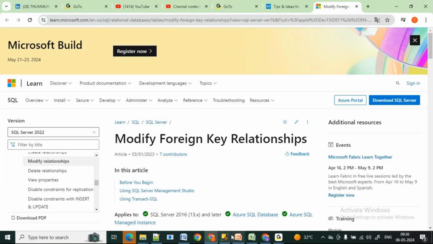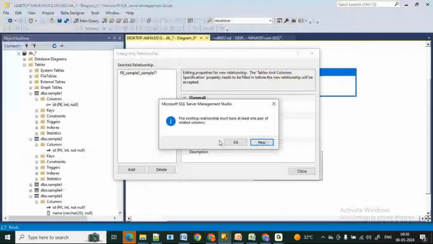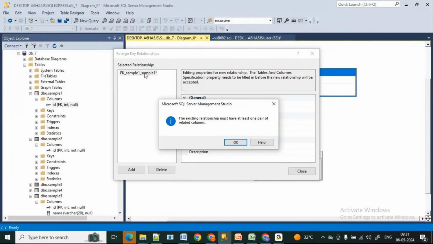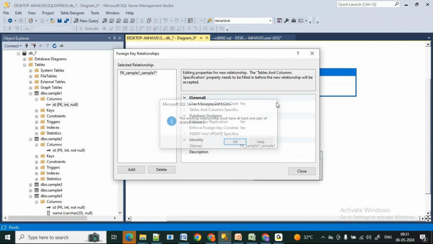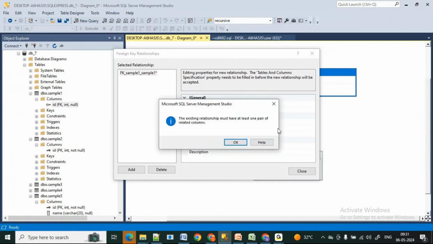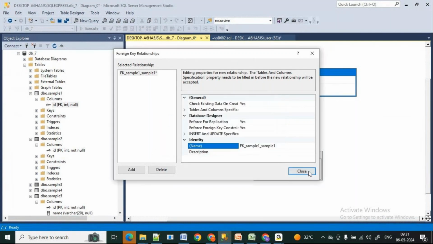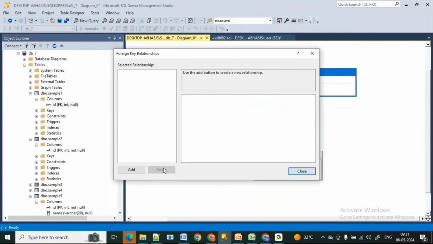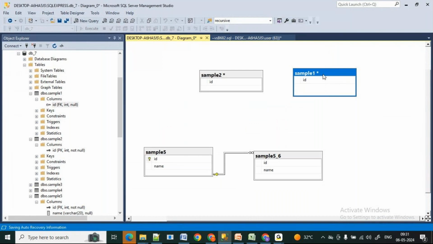What it is showing. Okay, no worries. The existing relationship must have at least one pair of related columns. Close. What it is telling? Okay, try to delete this.